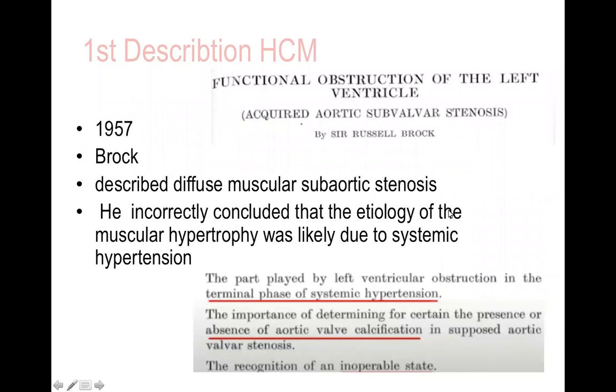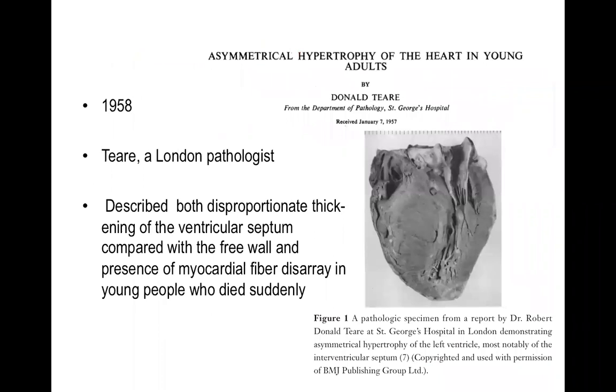The first description of HOCM was in 1957 by Brock. He described diffuse muscular subaortic stenosis, and he incorrectly concluded that the etiology of the muscular hypertrophy was likely due to systemic hypertension. So the patient did not undergo surgery at that time. A year after, in 1958,